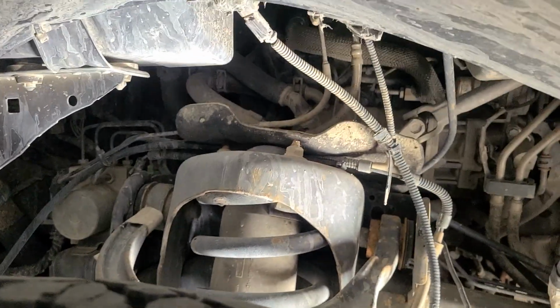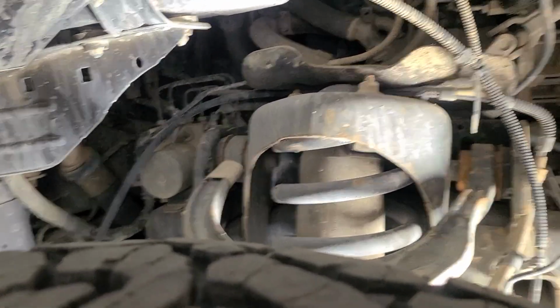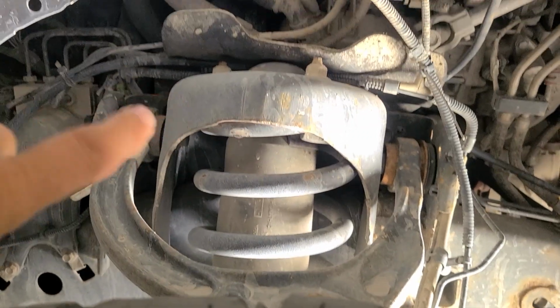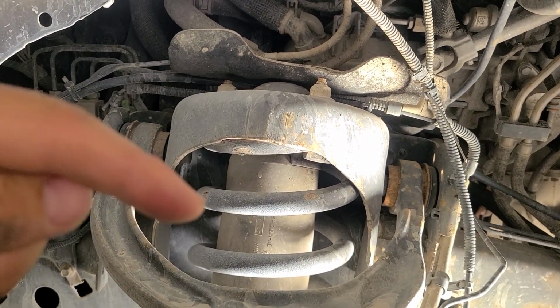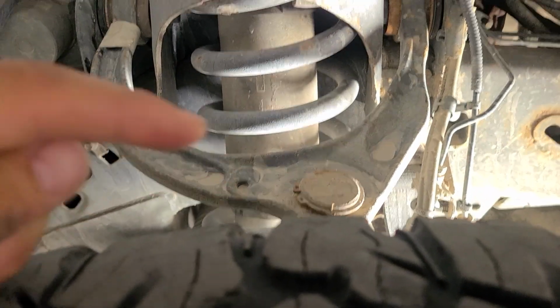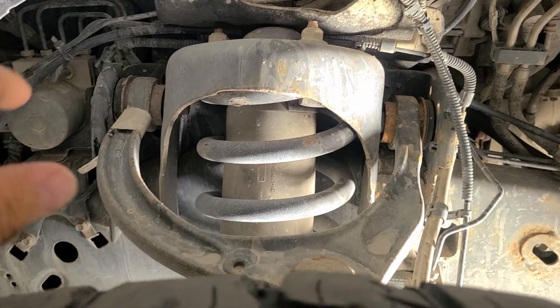It works absolutely fantastic. The only reason I'm replacing the upper control arms in particular is that these bushes, especially with 39s, have a lot of flex, and there's a lot of load on this ball joint here. So I'm replacing them with an adjustable upper control arm, and I'm also going to weld on the lower control arms,